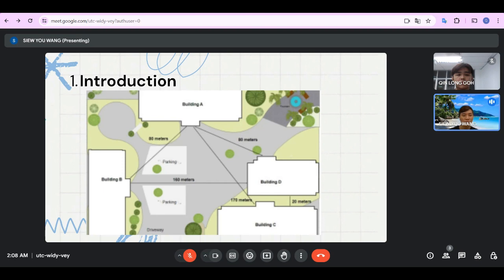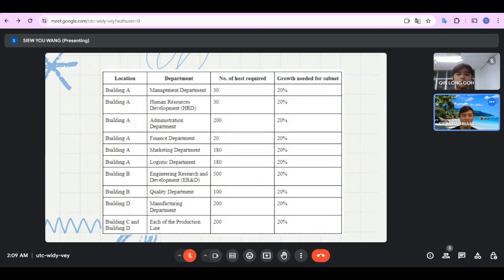We are collaborating on establishing a local area network for Sri Muda Go Sdn Berhad, a new food processing manufacturing plant in Johor, Malaysia. Our project involves using Cisco Packet Tracer to configure network devices such as switches and routers in various locations to form the LAN. Next, this table shows the location